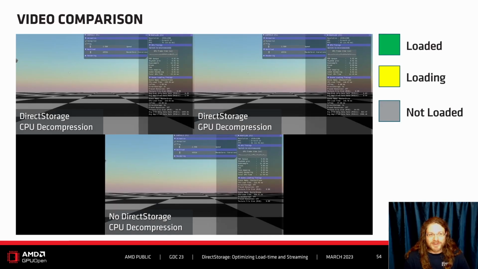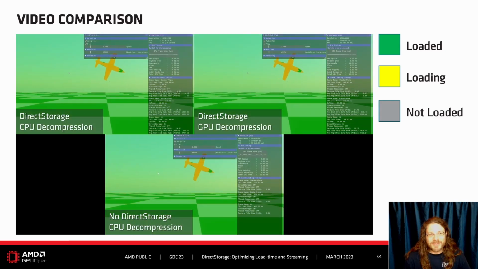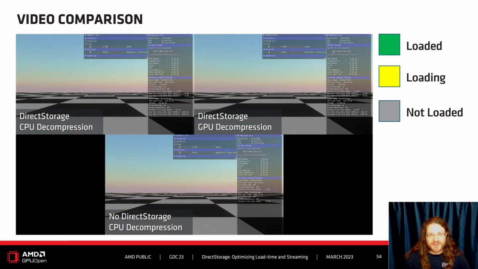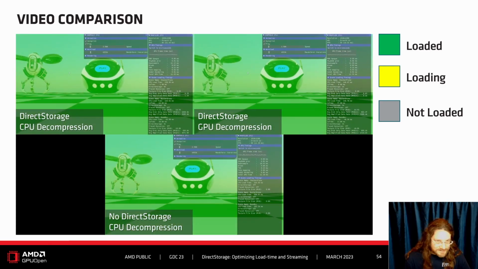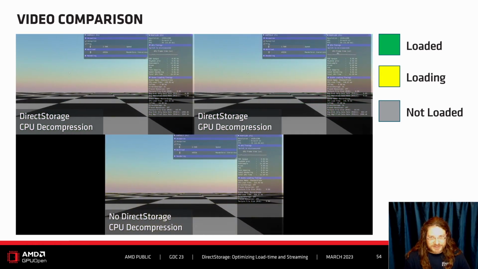So here's a quick video comparison. This video comparison on the top left has direct storage using CPU decompression. On the top right is direct storage using GPU decompression. And on the bottom, we are not using any kind of direct storage implementation. We are just using the GLTF file along with the PNGs or the JPEGs that are provided along with it. And you can see the difference in responsiveness. This also enables you to compare a little bit visually the GPU frame time graph that we've provided in each of the windows. This will enable you to see the impact of GDeflate on the rendering performance.